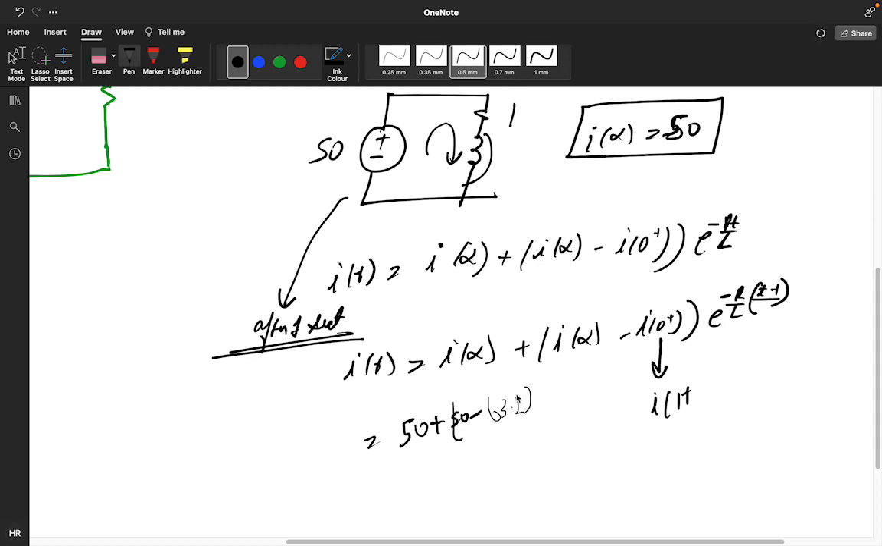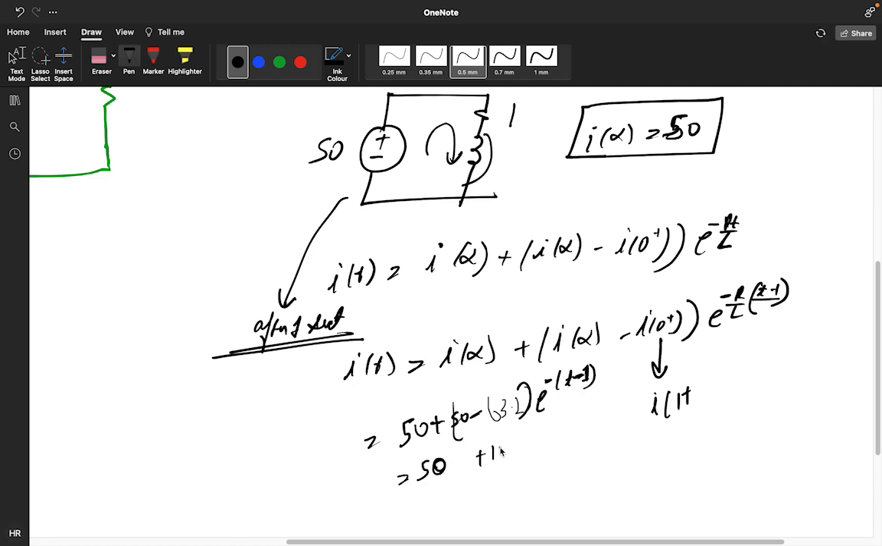Okay, this is my 63.2, and the R value is 1 and the L value is 1. So e power minus (t minus 1), because this circuit has a 1 second delay. That's why we substituted time as 1. So we are getting 50